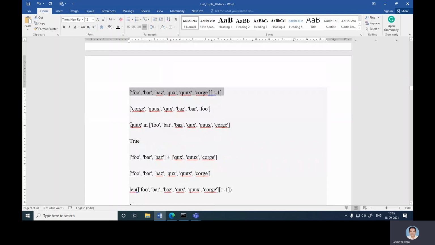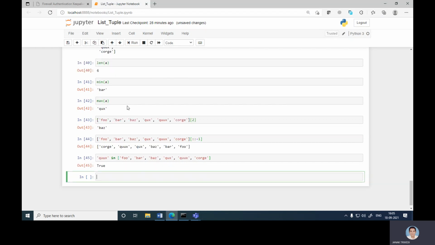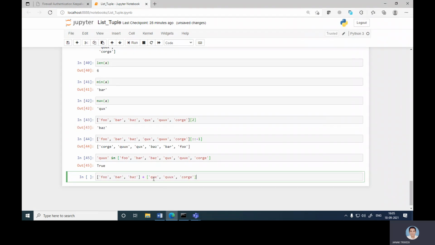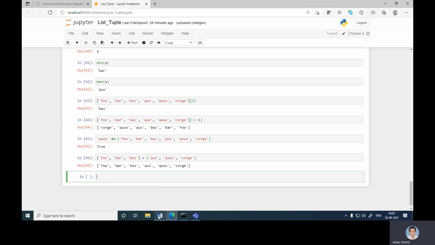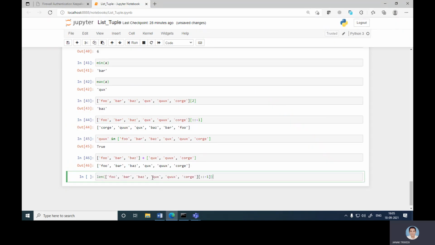Okay. So quacks in this particular list, we can check directly. Yes, it is there, so True. Then we can also concatenate the lists, foo, bar, plus quacks, code. That is nothing but this, given index in. Then the length of the reverse list or the same list, both are the same.